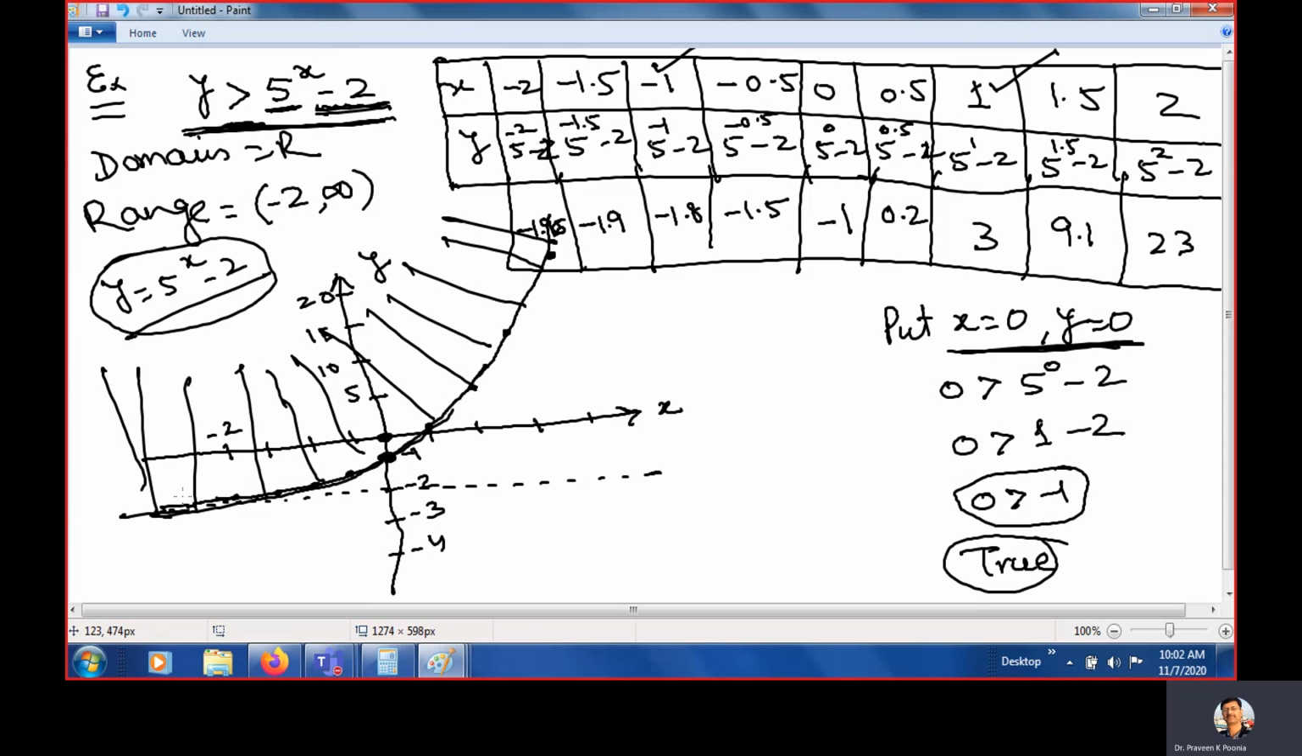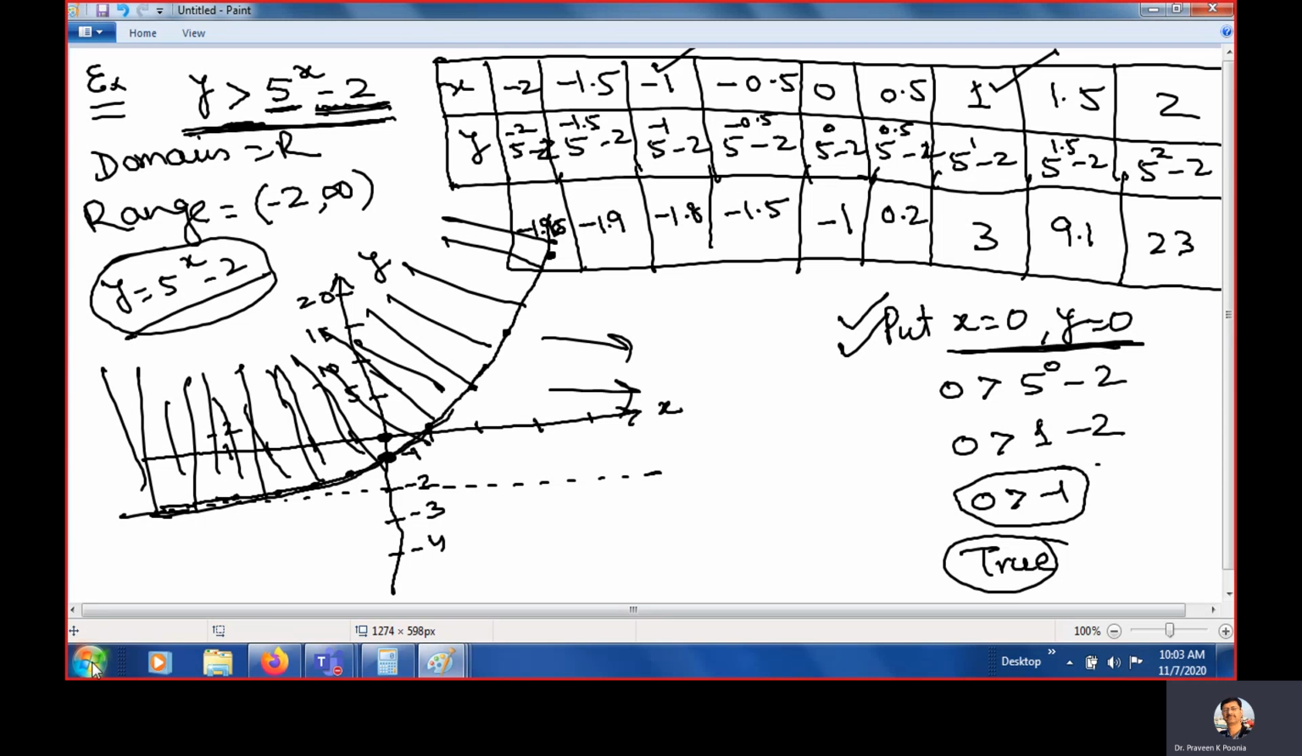Okay. So in inequalities, what you need to do is put 0, 0. If it is true, then 0 will be included in the answer, so the origin side. And if it is false, then the other side, other than 0, is the answer. Okay. So this is about the